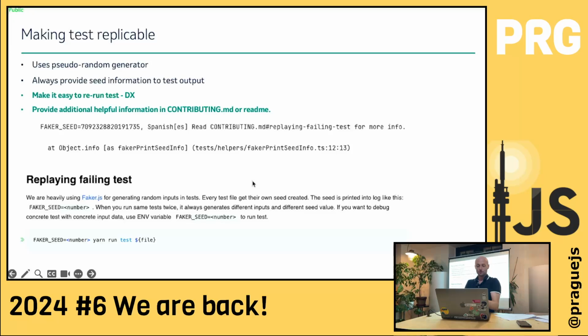What is also good is to provide guidance for the developers on how to work with that, because juniors will come and run the continuous integration and complain for 2 days that it's failing and they have no idea why. So it's good to put a README there on how to replicate the test, so you have more time for yourself. That's what we have in our documentation, how to use it, what faker is, and this is printed with every test. Any questions?